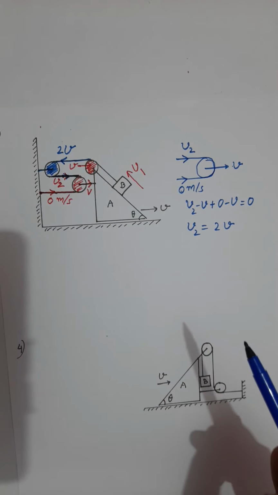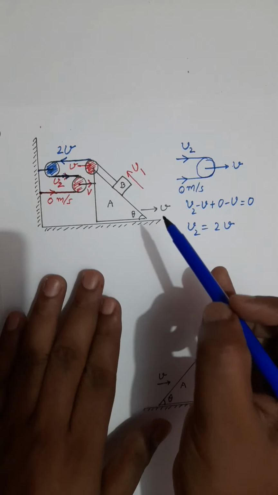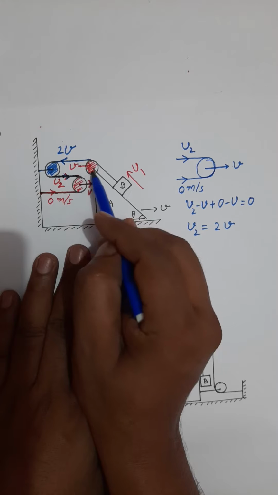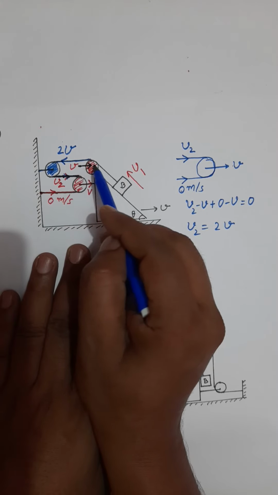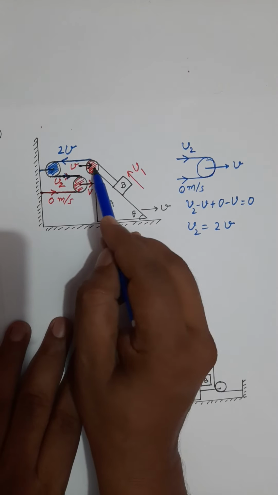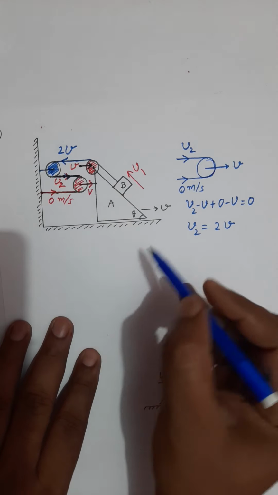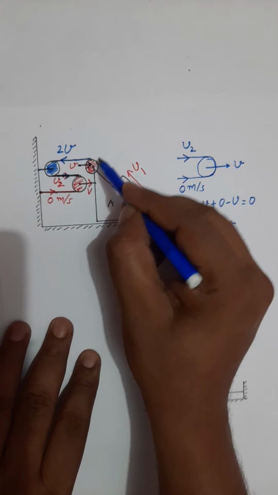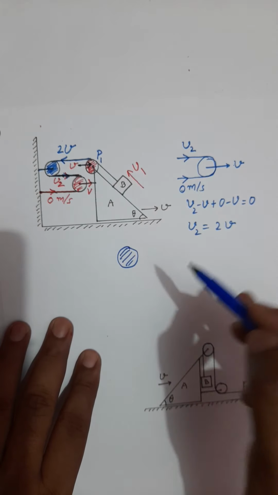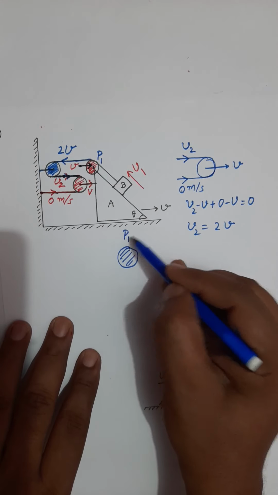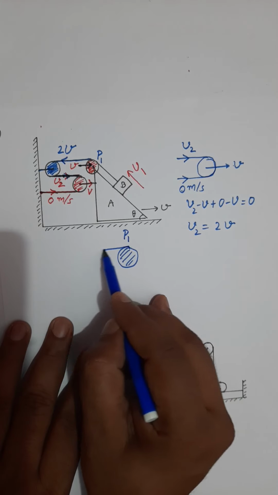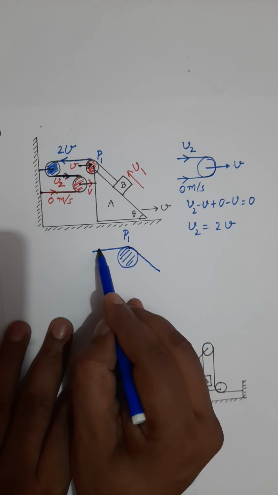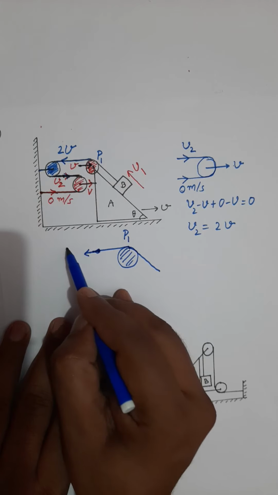Now, be careful now. Here this pulley is going forward with velocity v. Let us focus on this top pulley which is attached to the wedge. This is the pulley which is attached to the wedge. Say it is pulley P1. So my concentration is on pulley P1, where I have a string on this side, I have a string on the other side. This portion of string is going to the left side with a 2v velocity.